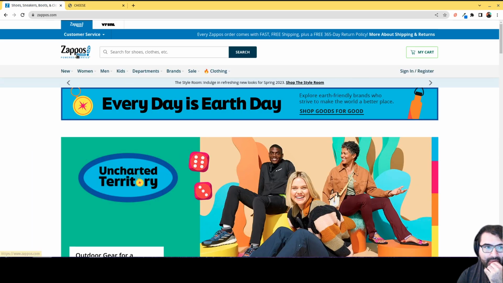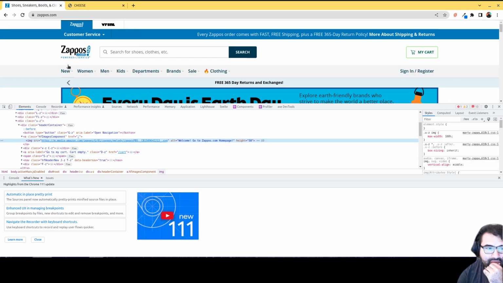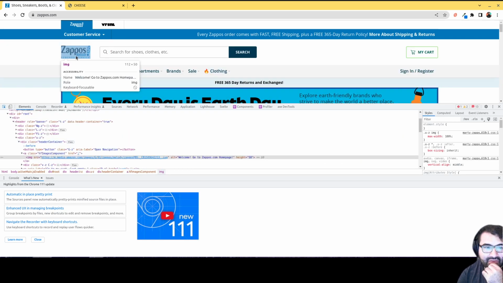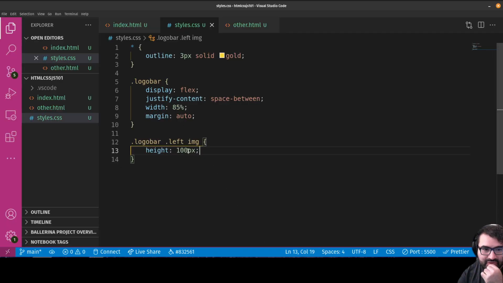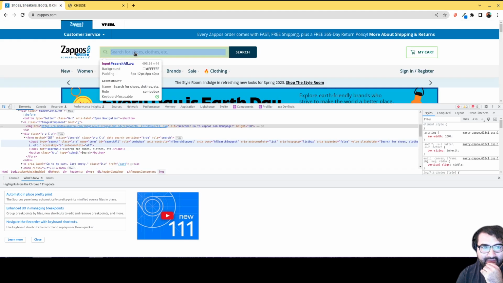Probably want to make that a little smaller. Let's use the inspect tool. Let's just see how tall they made this. So that's 50 pixels tall. So let's make that 50 pixels. Let's go back over here. Okay, and you start to kind of see that. Now let's create this